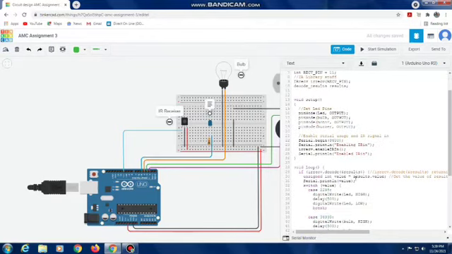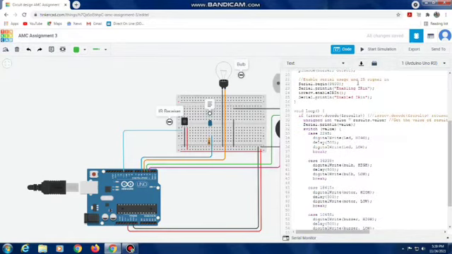After that, in this part, we are defining these ports as output ports. So that means after the operation, they will generate a voltage across them. In this part, we are enabling the IR usage. That means we are setting a baud rate of 9600, and after that enabling the IR receiver, and we are enabling the transmission and reception of the Arduino Uno.